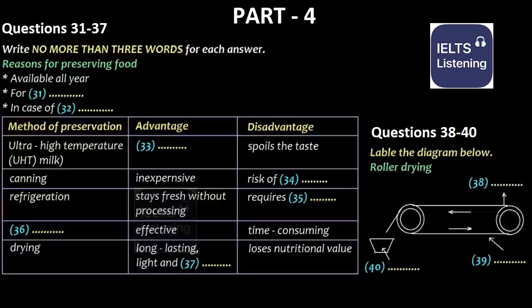Another method is called freeze drying, and for those of you who still remember...